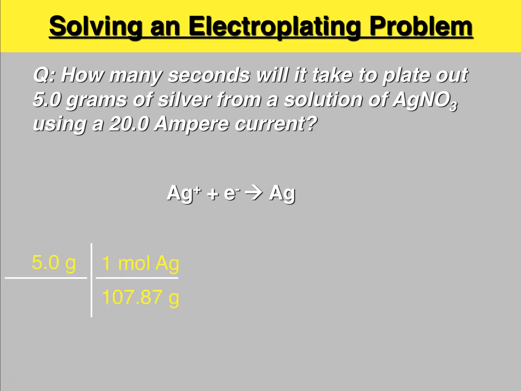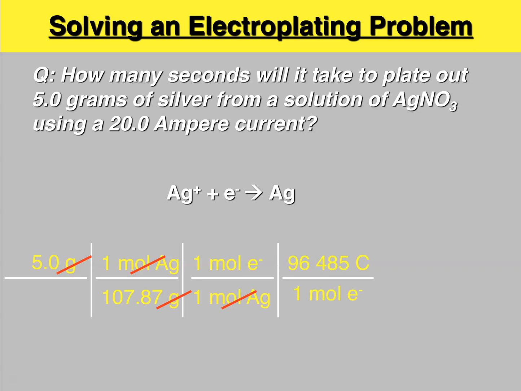ion becomes silver. So I take my 5 grams and divide by the molar mass. Got to get moles. Everything goes to moles. We know this. Stoichiometry rules the world. Then I have to multiply by the number of electrons in the process. So in this one, silver is being plated with a reduction of 1 electron. Easy enough. Then it brings in Coulomb's law, because we know that current and coulombs are related. So coulombs per 1 mole of electron, that's going to cancel out. And then we know our time